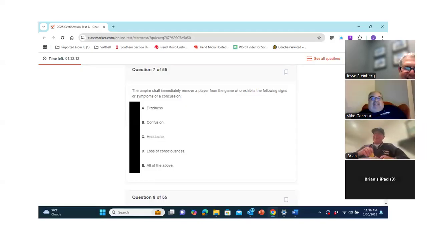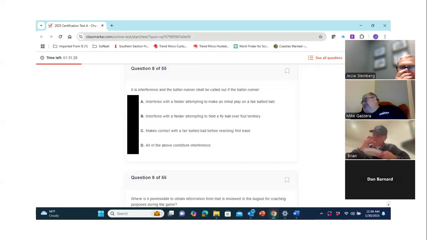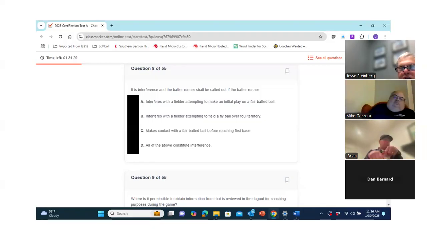It didn't get worse. Hold on. You said the player exhibits the symptoms. Then you just said if a player has a concussion. So clarify that. If you remove them from the game because they are experiencing concussion-like symptoms, CIF says they cannot return.